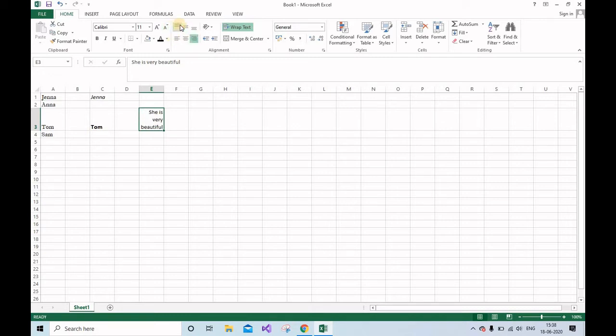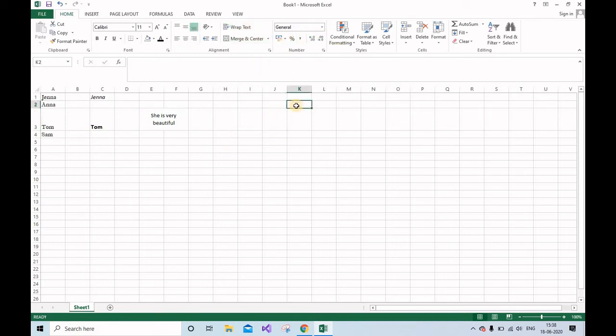And if you want two cells to be merged into one with the text in the middle, you need to select the cells and go to merge and center. So you can see this text is in the center and the cells have got merged. If you want to unmerge the cells, you can again go to merge and center and click over there. The cell will get unmerged.